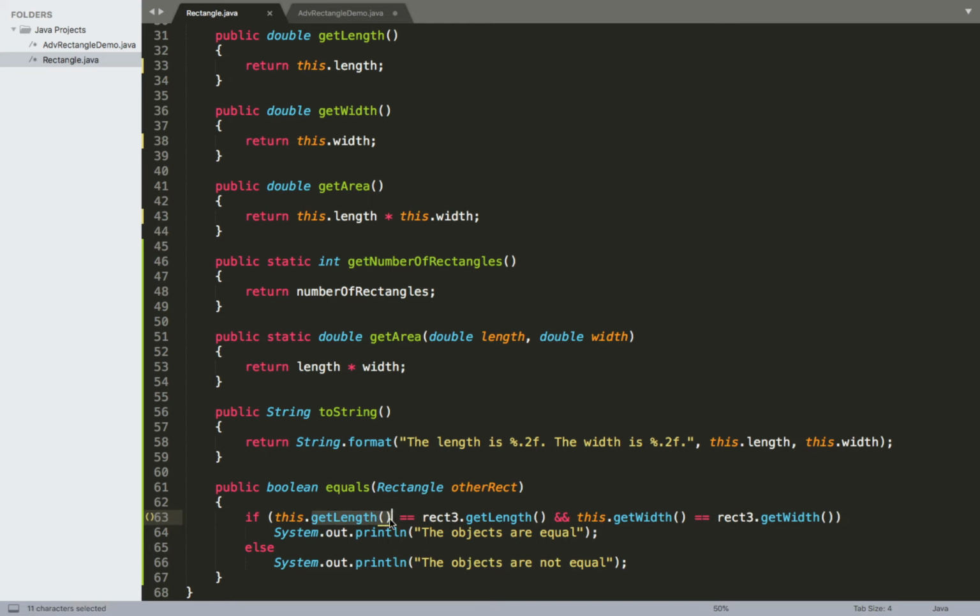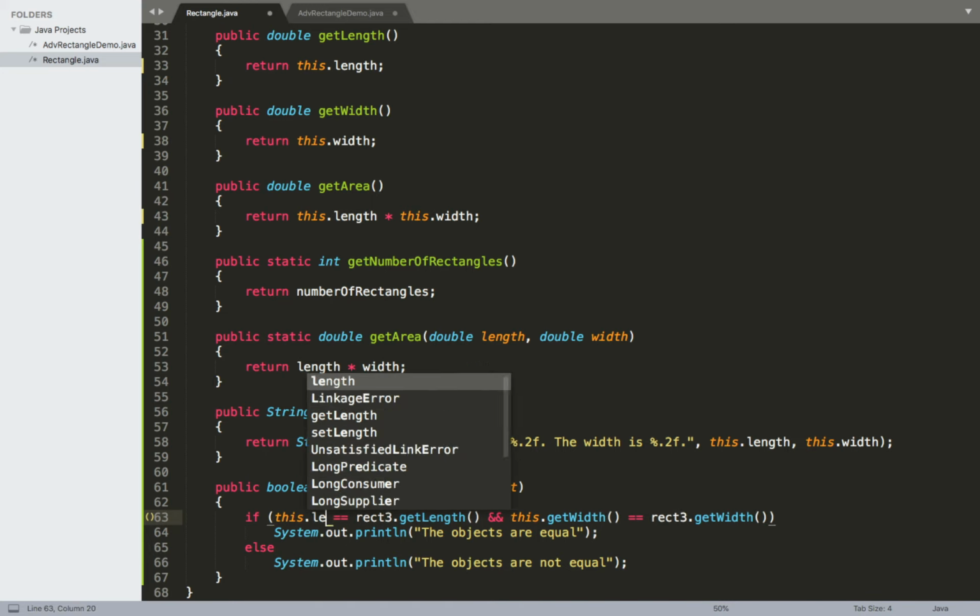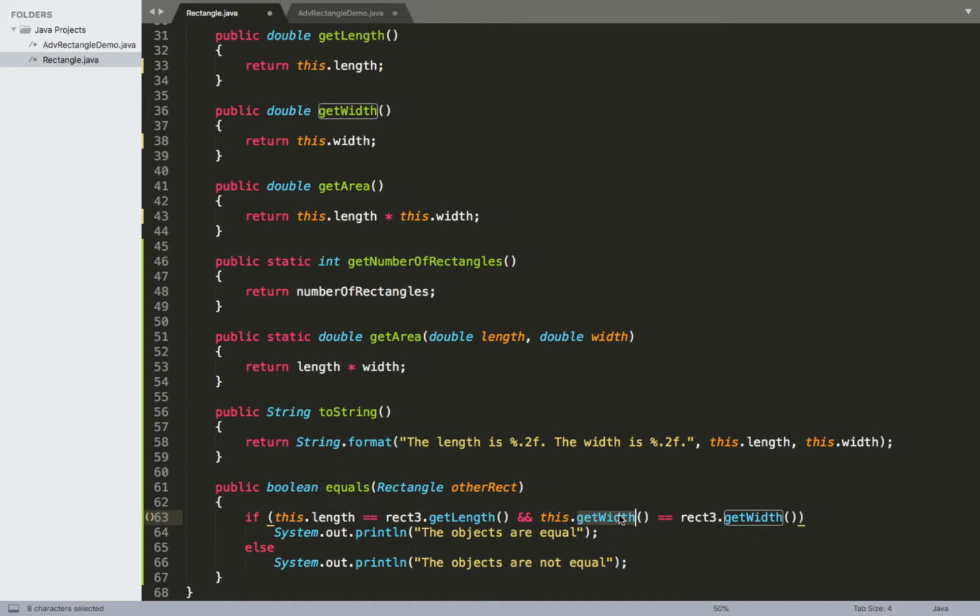That also means that I don't need to use the get length. Instead, I can just use the length field directly. That's going to be true for both of these. And then the same thing applies right here. So instead of saying rect3, I'm going to say other rect. And instead of saying get length, I can just go ahead and say length directly. And same thing over here. So we'll go ahead and reduce it to this.length if that's equal to other rect.length, and if this.width is equal